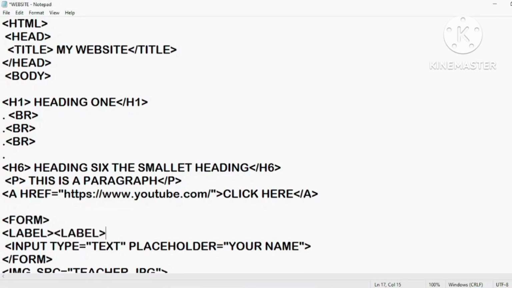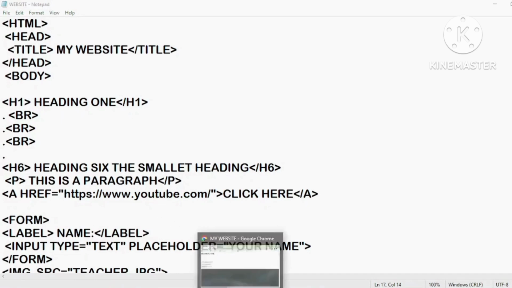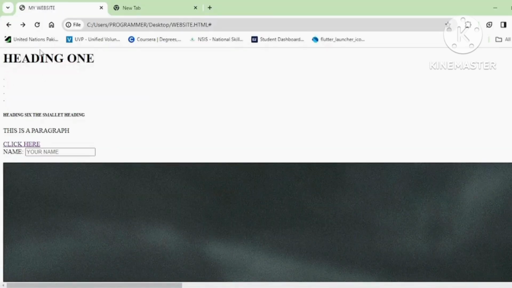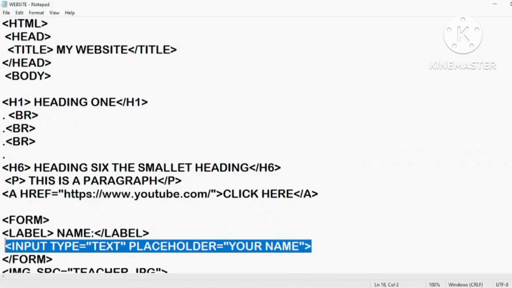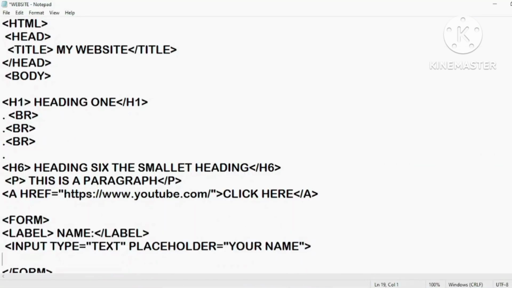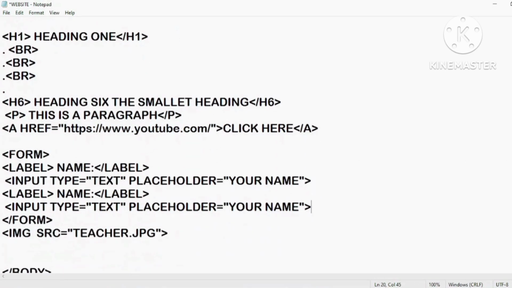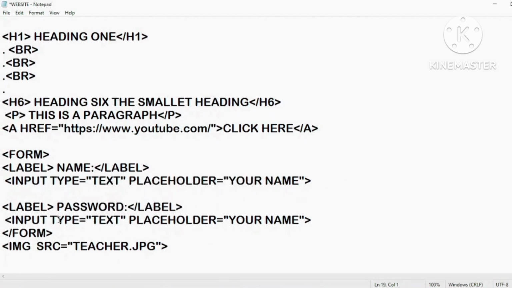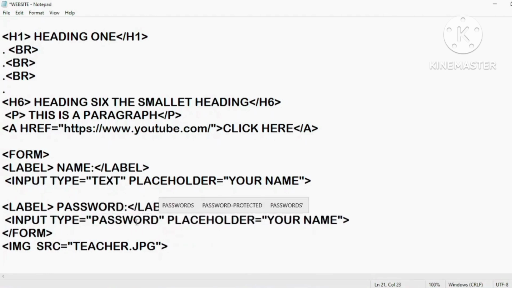And now if you want a label for your input, then simply write the label tag, and inside the label tag we have to write the text we want, like name. Okay, just copy it, and if you want a password in your form, then just write password in the label, and